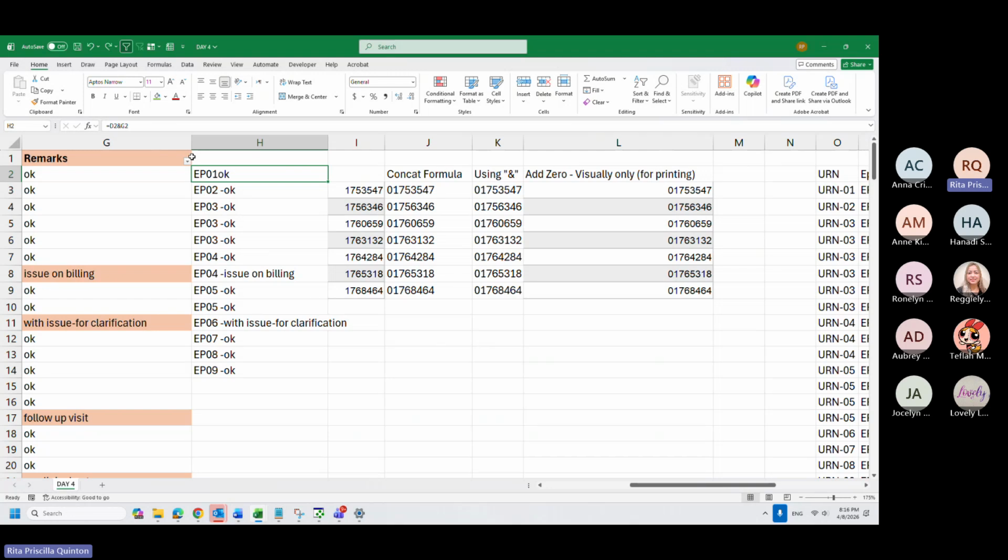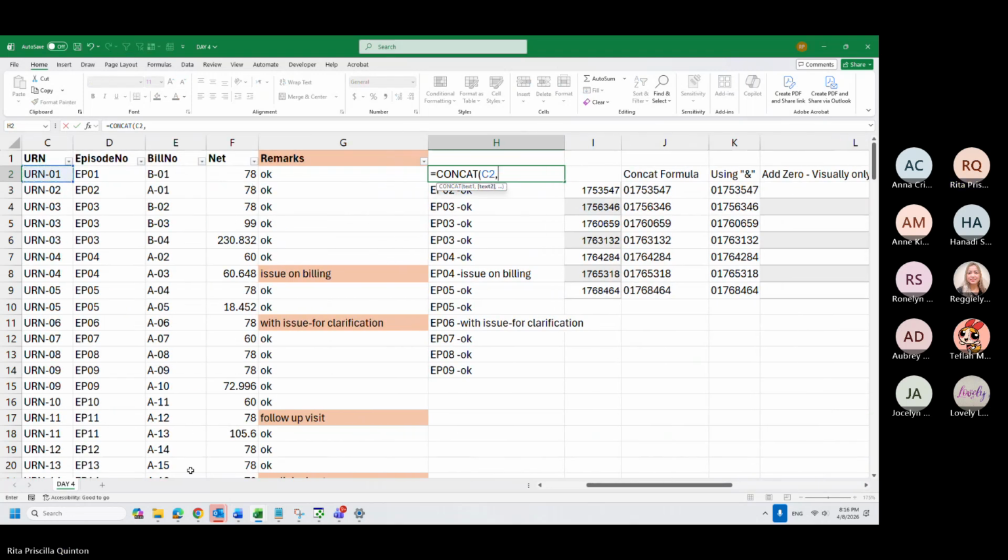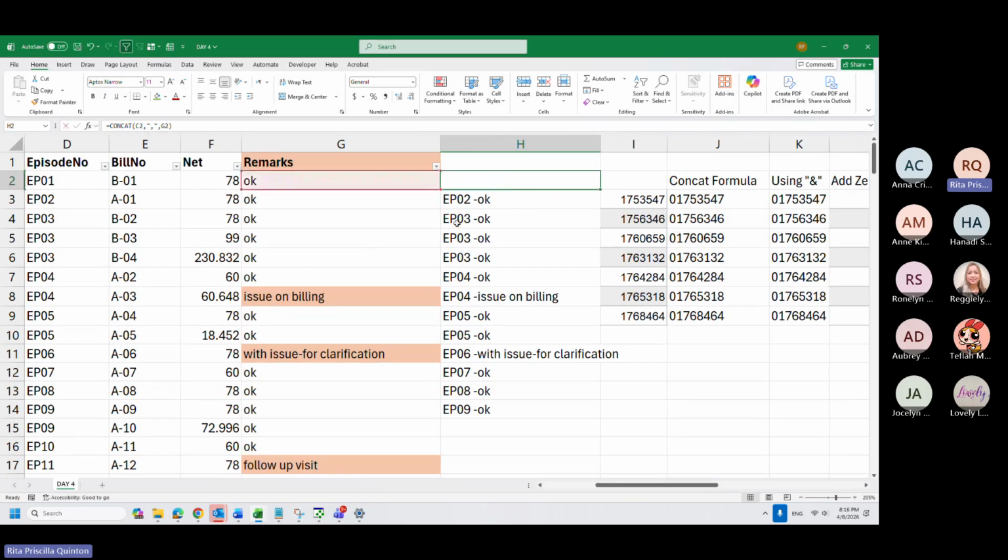So for example, from here, I want to say this, then make it a quote, quote, comma, this. So it will be URN01, comma, okay, this is what we are expecting. So it's correct. The confusing thing about this is that there are multiple commas now. So don't forget that when you put the quote,